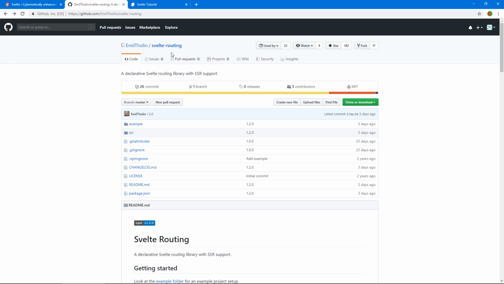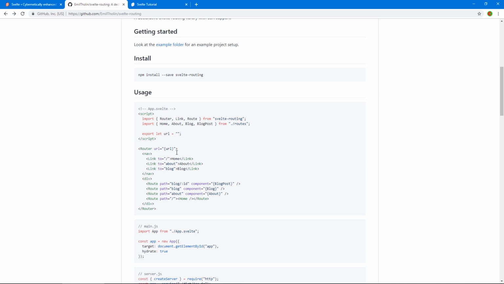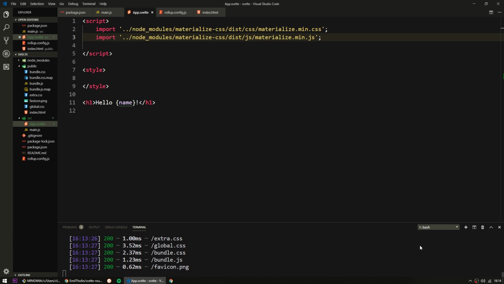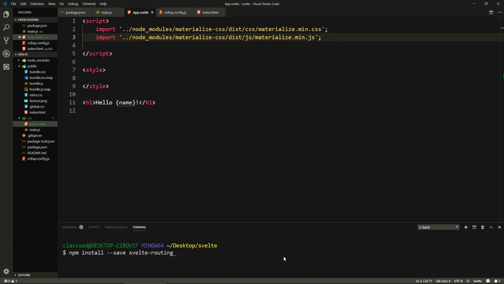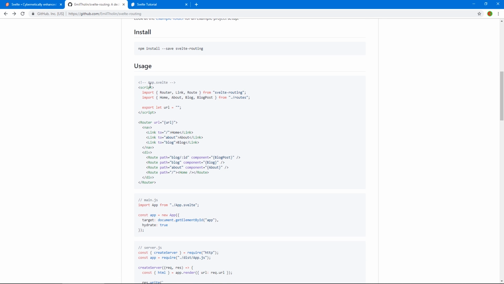So we're going to use this Svelte routing library because by default, the routing library doesn't come with Svelte. So this is how to use it. We need to run this command right here. So let's copy that and let's open up a new terminal window, and paste that command. So if we look at the library here, it tells us how to use it. It tells us to import these things from Svelte routing, so we can